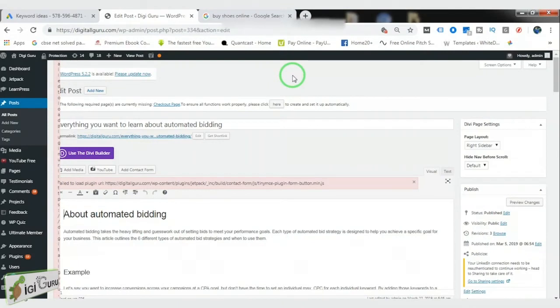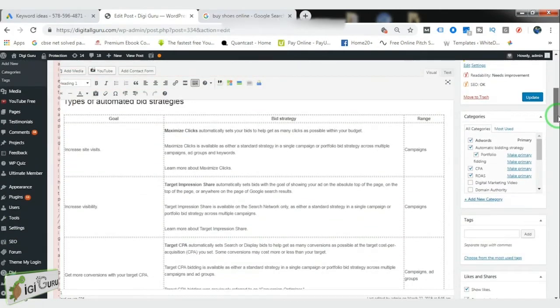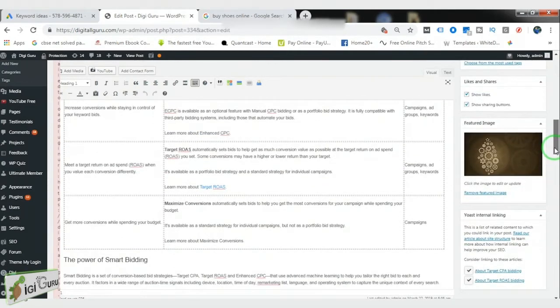Alright guys, so till now we have learned what on-page SEO is, how to do keyword research, and how to implement those keywords that we researched at the back end of our page or post, right? And till now you have even made your website SEO friendly by implementing those keywords at the back end with the help of the Yoast plugin.